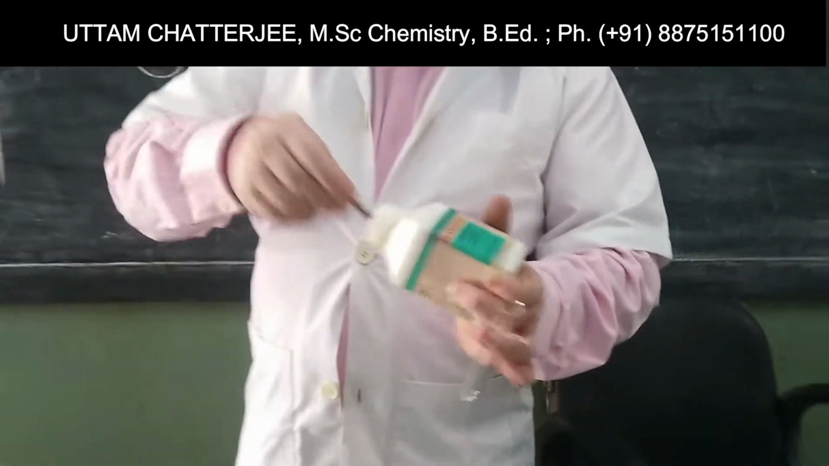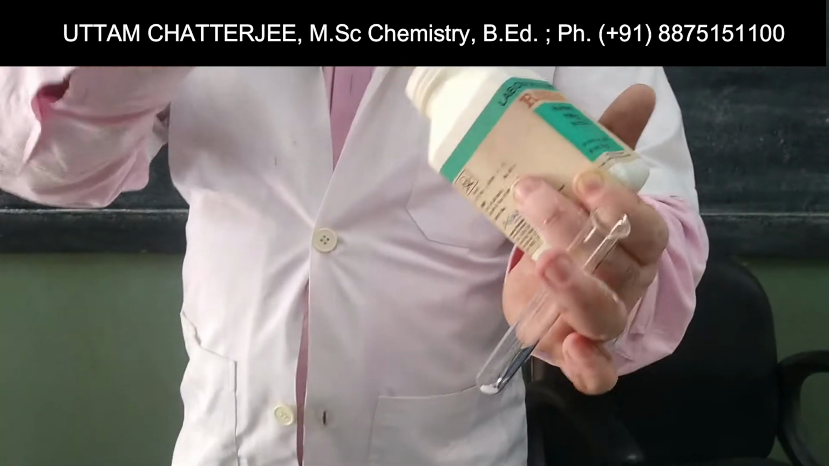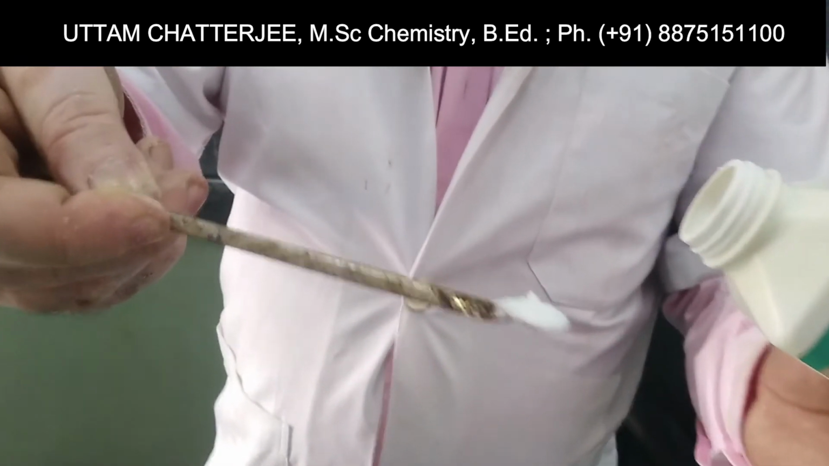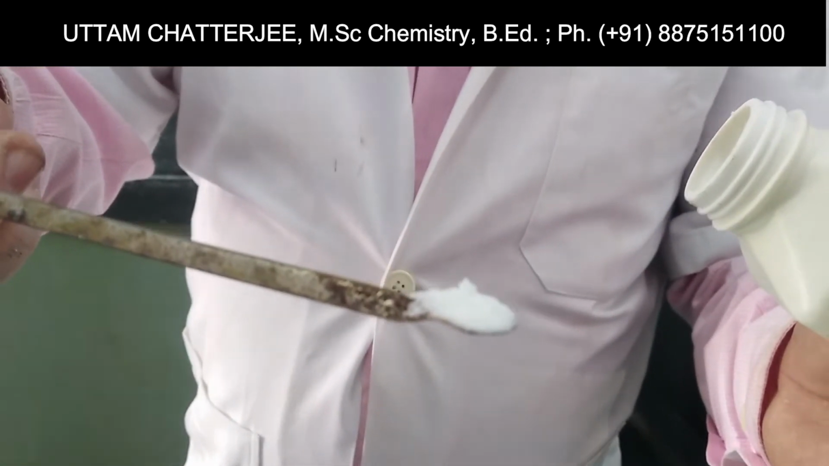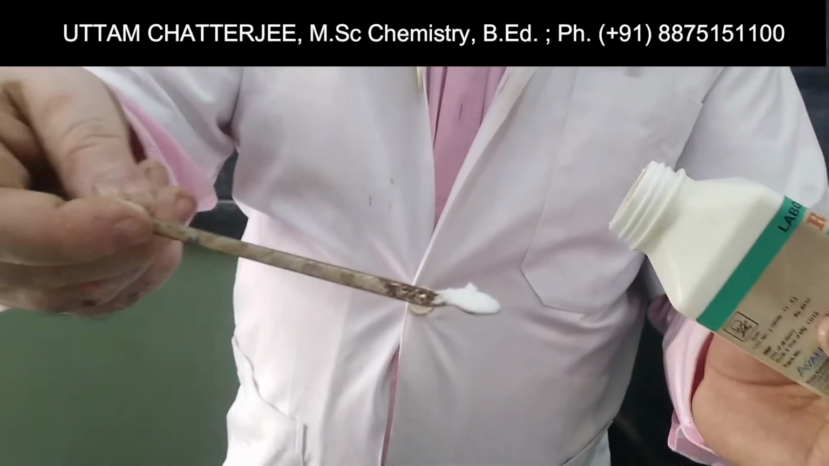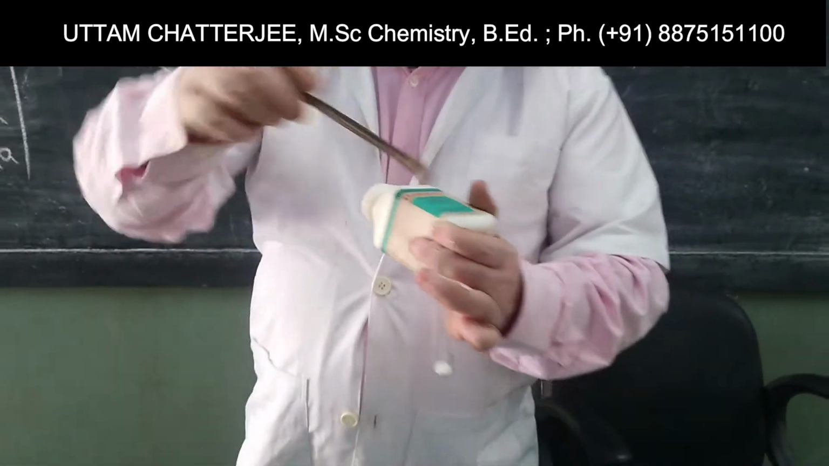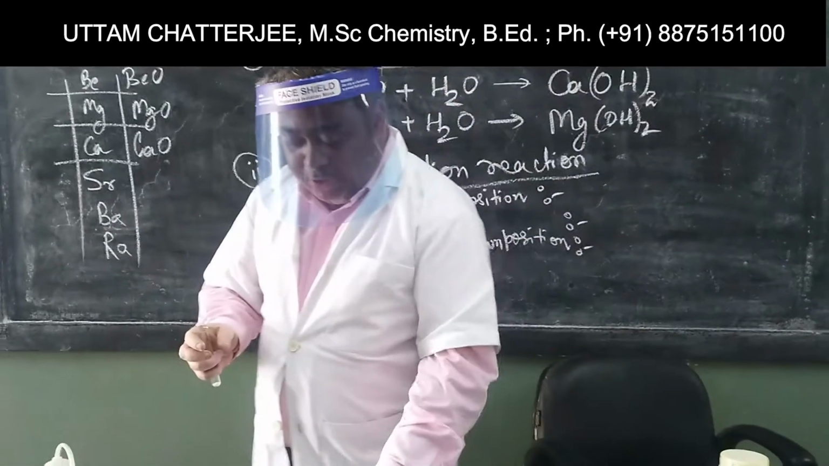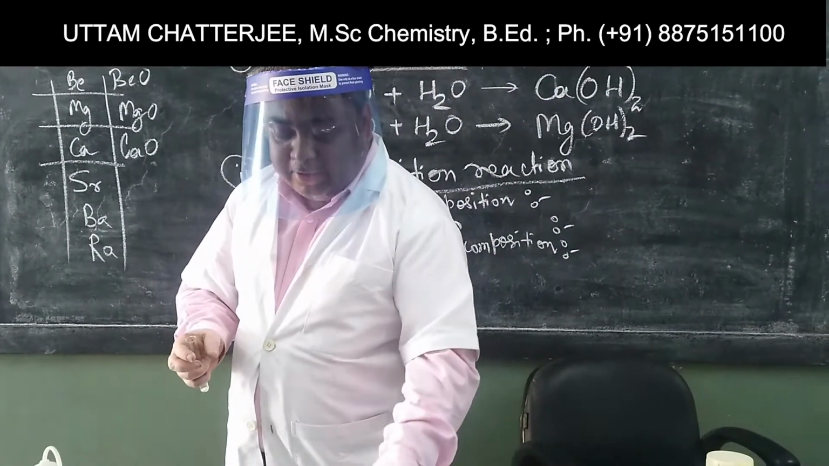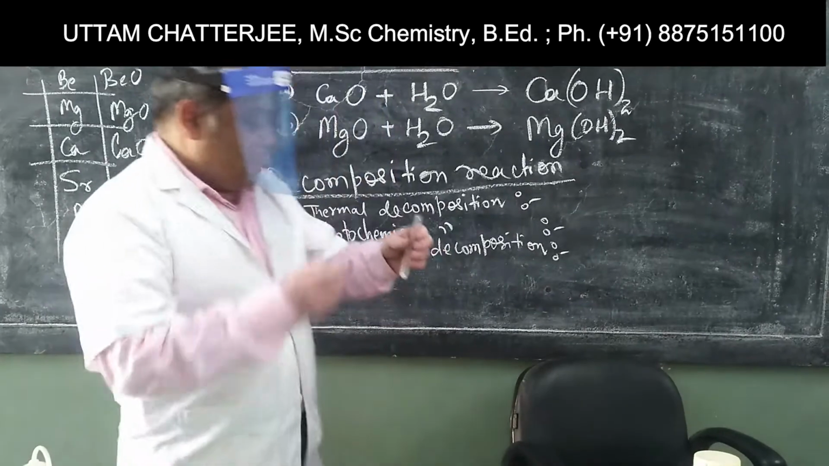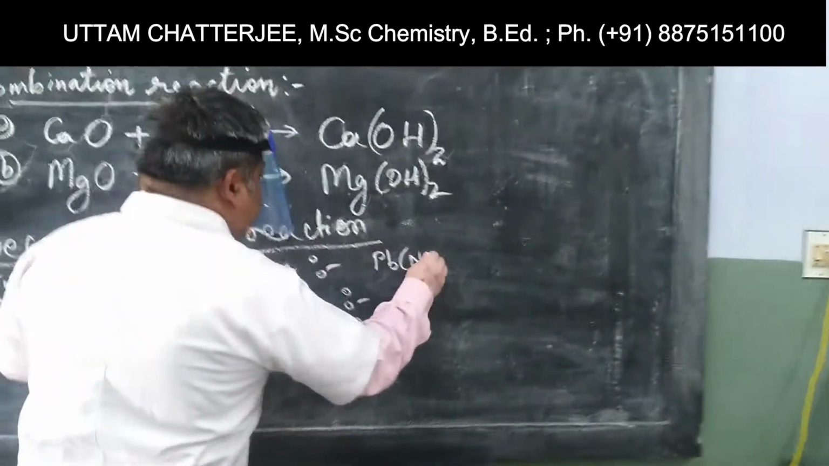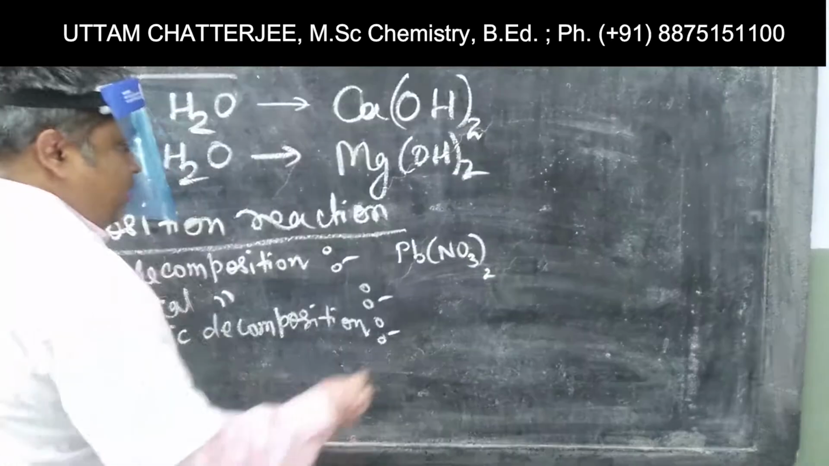So if you are asked to identify lead nitrate, how does lead nitrate look, what is its physical appearance? So its physical appearance is crystalline shiny solid. It's filled up. Now I am not going to put any water in this. I will do thermal decomposition, means I will heat it and I will break it. I will break lead nitrate. So Pb(NO3)2, I will break it into